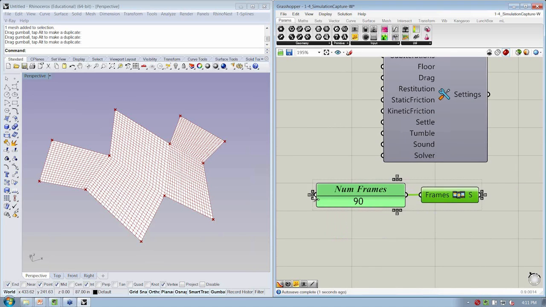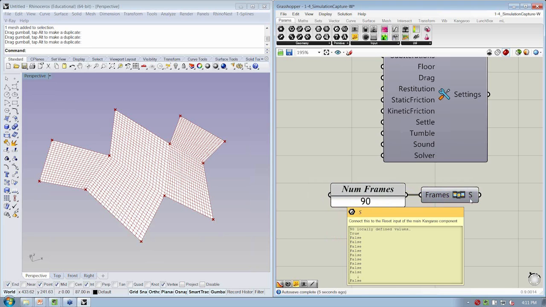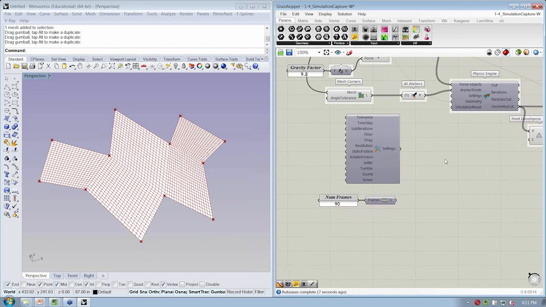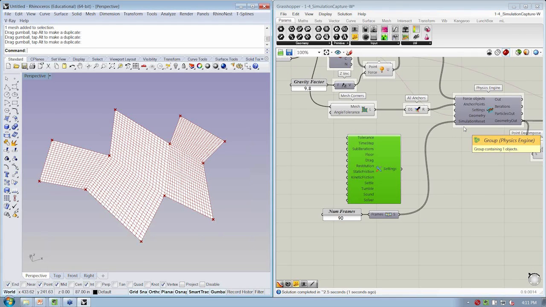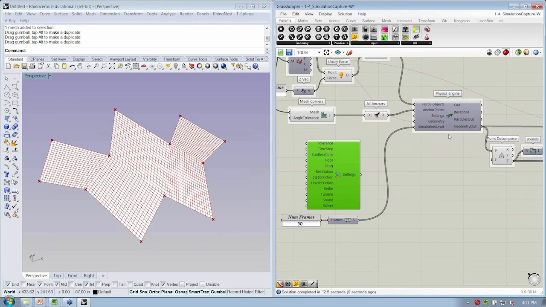Hook that up. All right, so now it's going to say true and then false a bunch of times until we reach 90. All right. So that's going to allow us to, if we specify this for simulation reset, this might actually take a second to calculate, because instead of calculating just the current solution, it's got to calculate all 90 of them. All right. So here we have now